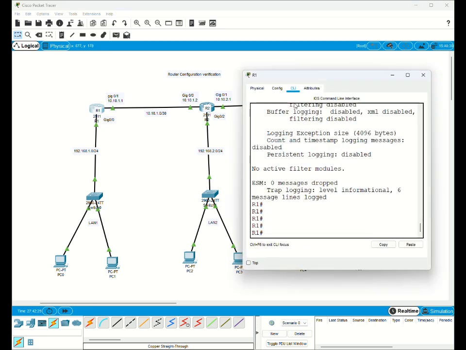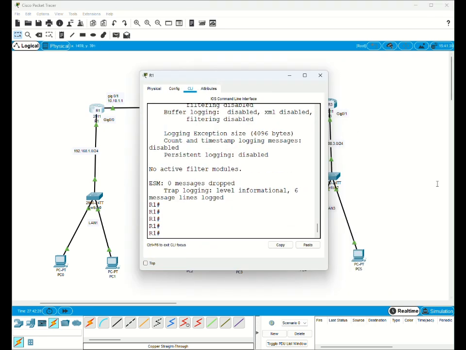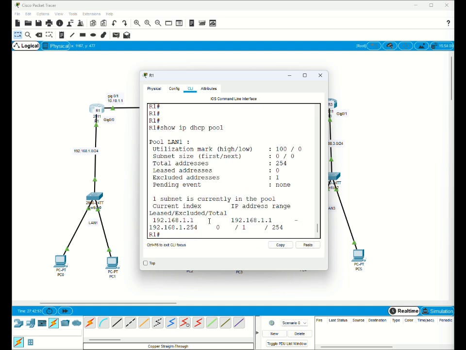I will just use one router in some instances to illustrate that. So you have to be in the privilege mode to be able to check those configurations. And this is Packet Tracer. Okay, so my first command will be show ip dhcp pool. So you see on this router 1, the DHCP pool name is LAN 1,